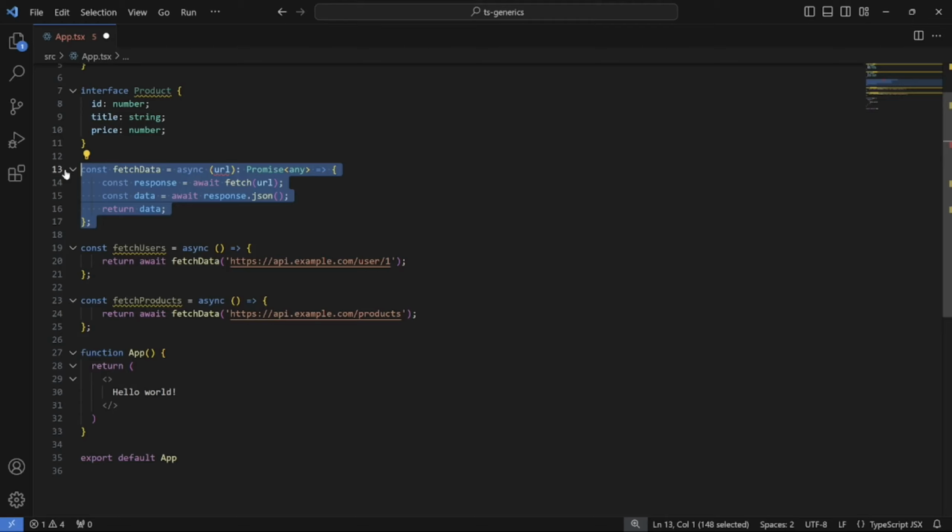We won't know what the type of the response would be when we are creating this function because it's common for all fetch API calls. But we would know the type when we are invoking this function. So in here, we actually know that this is going to give us a list of users. Let me change this to users. We know for a fact that this will give us a list of users and this will give us a